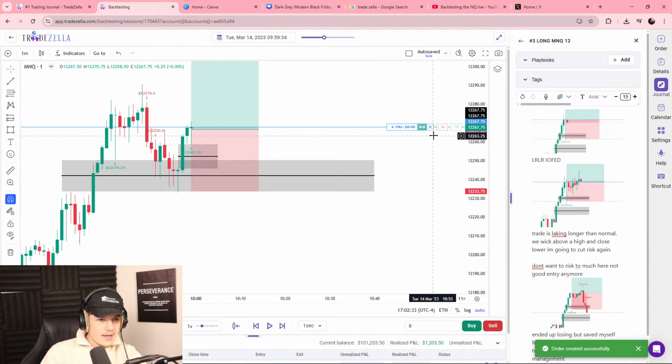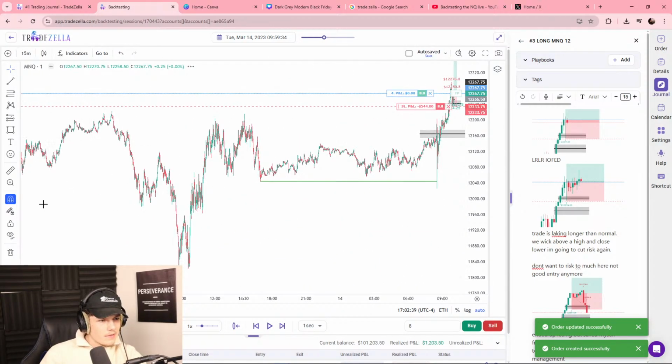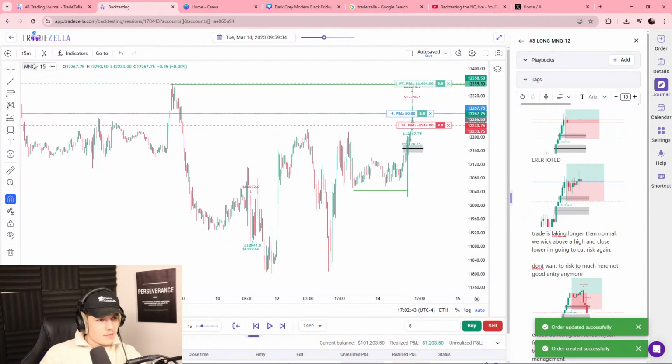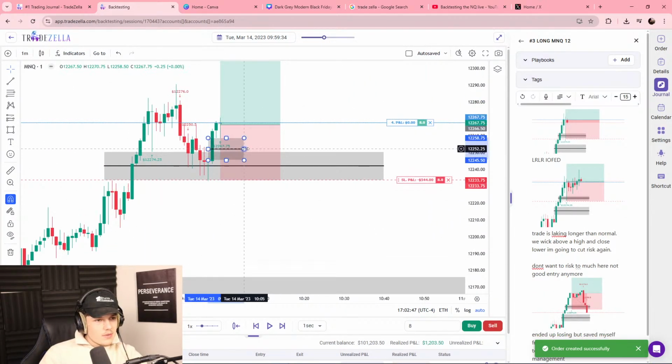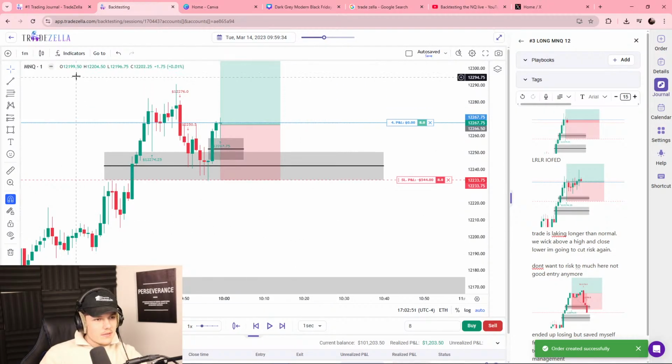We're going to take a buy. Stop loss 544, so $44 off, which is perfectly fine with me. We're gonna take profit and drag it up here for a $1,400 win. If we do win, now I'm going to highlight this a little bit more because it's not dark enough.